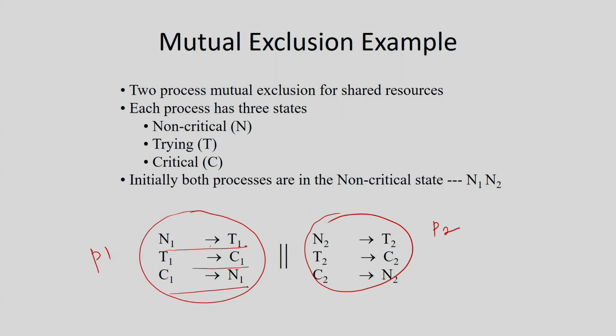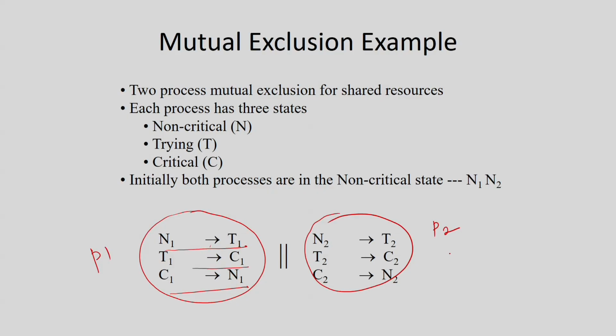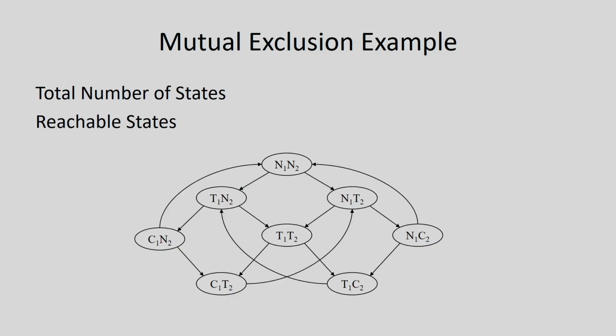Now, I have to look at the entire system. We are going to compose the entire system from these 2 transition systems. One transition system is for process P1, another for process P2, and now we are going to compose these 2 transition systems to get our final transition system. So, the final transition system will turn out to be something like that.